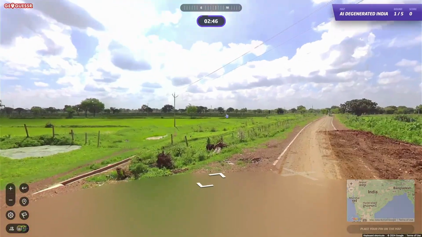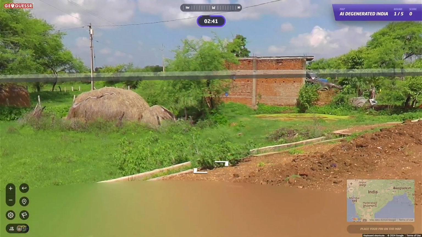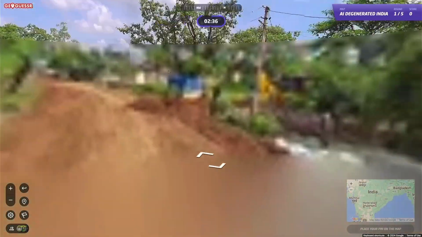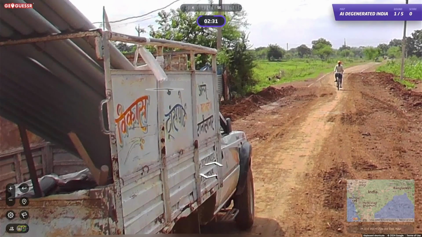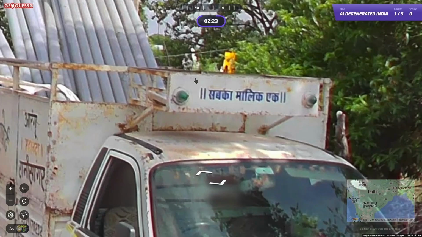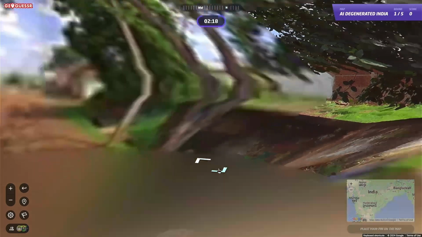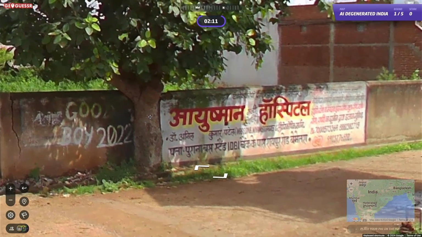Speaking of not moving, where would I have guessed if we didn't move at all? That's actually a pretty tough one, to be honest with you. What is this guy wearing over here? Actually, hold on. Do we already know? I don't know. Before I make a fool of myself, which I tend to do with my incorrect guessing, I tend to do that quite often, I'm just gonna go ahead and move.